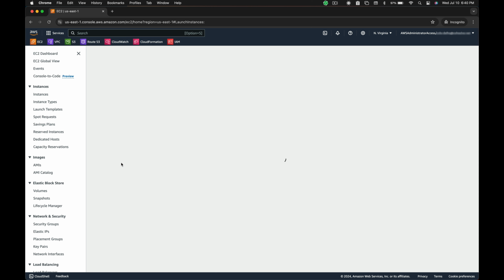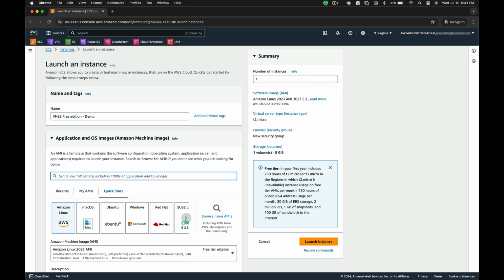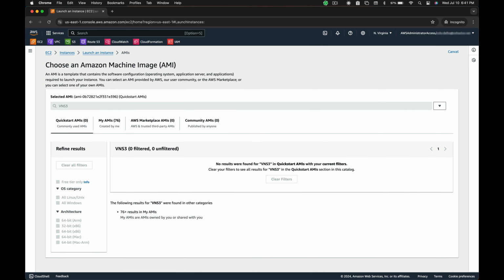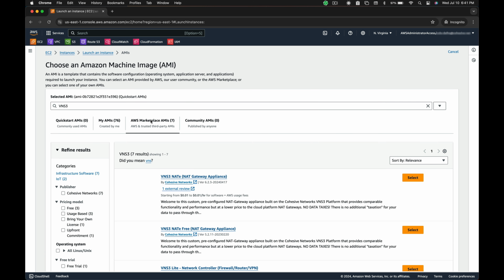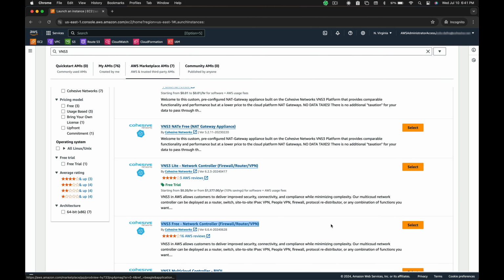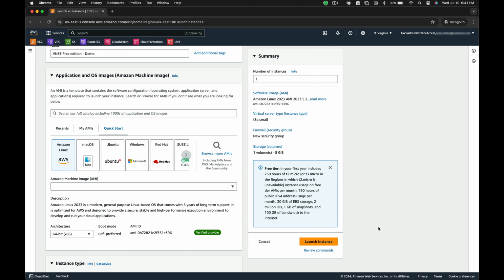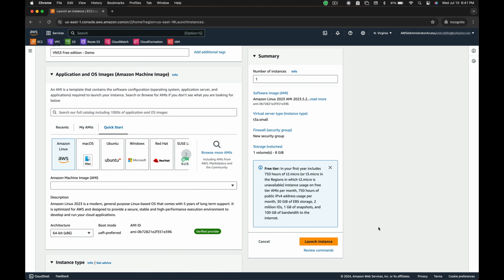Select Launch Instance. Name your instance, then type VNS3 into the catalog search. Hit the return key on your keyboard to search. Go to the Marketplace AMIs tab. For this demo, we are using the VNS3 free edition. Select Subscribe Now. Because this is a free version of the VNS3 controller, you will only be charged for the